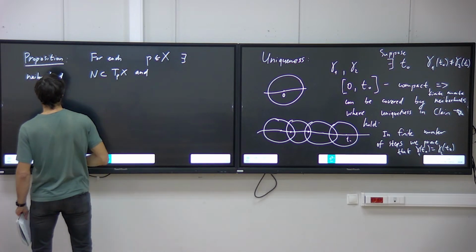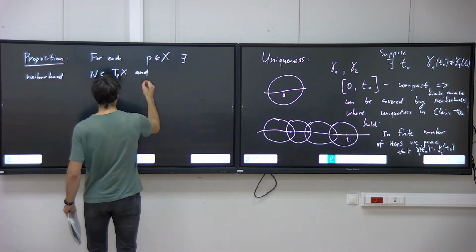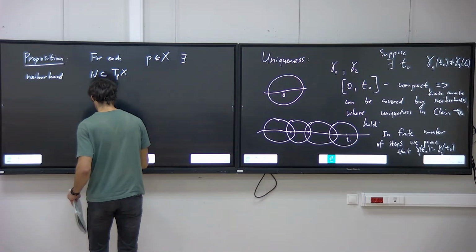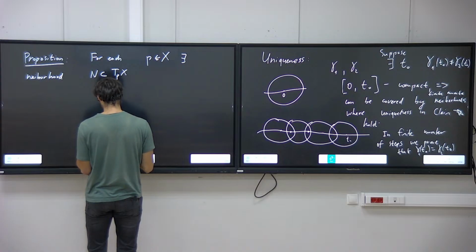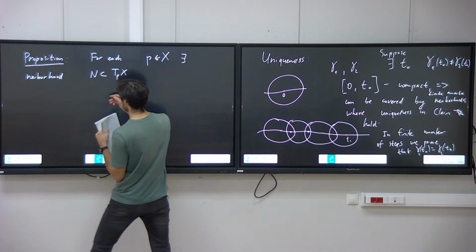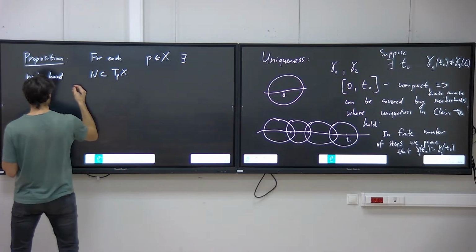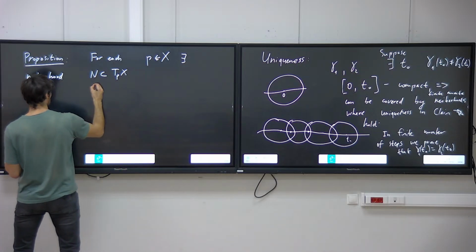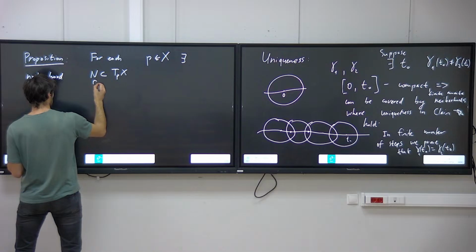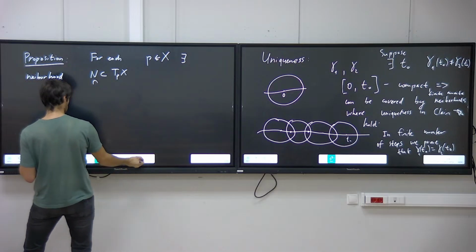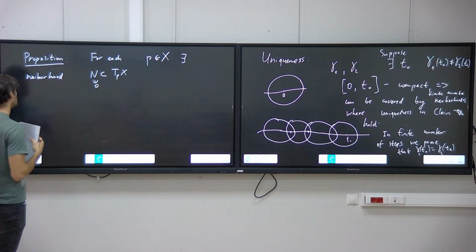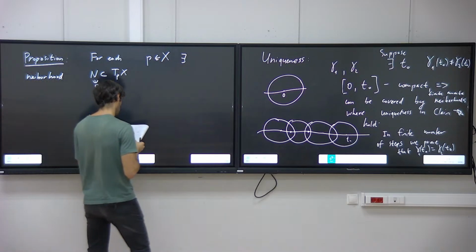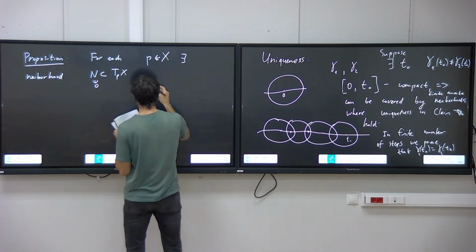So just a neighborhood N inside T_pX, a neighborhood of 0. First of all, of what? Of 0. So it contains 0, such that